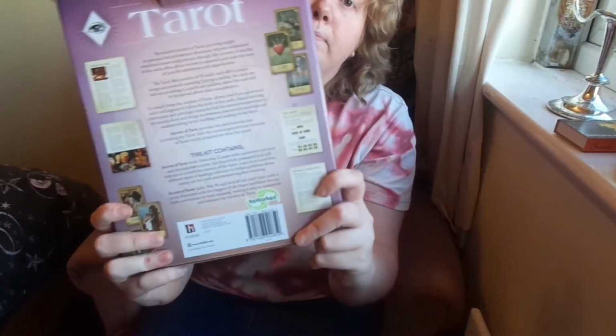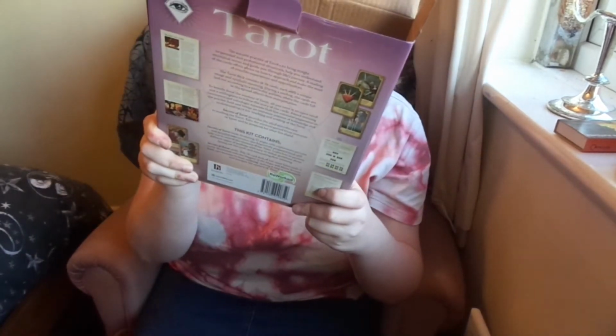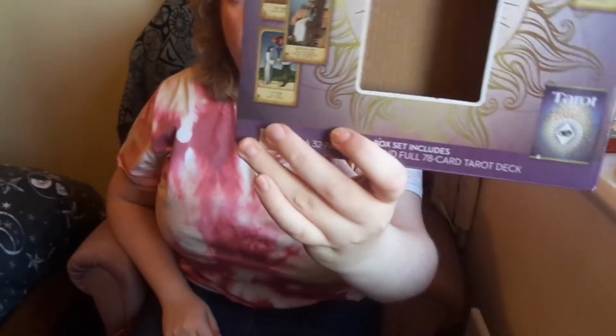which is upsetting. You can't really tell the picture quality from just the images on the back of the box, because they are, for the most part, quite small. And they just look a bit more colourful, I think, on the box. Like here you can see there's blues and stuff in them, which don't seem to be what the actual cards look like. That's really disappointing, because this was the kit that I was most excited to try, aside from the wicker one, because I thought it would be a good way to be able to tell people that they could get a deck of tarot cards and a book about them, because I know a lot of decks that you can buy on eBay for really cheap, they don't come with a book,